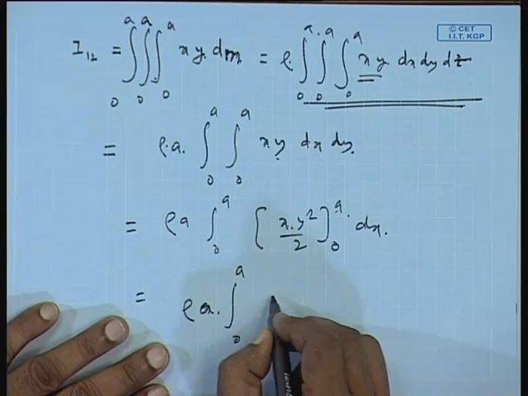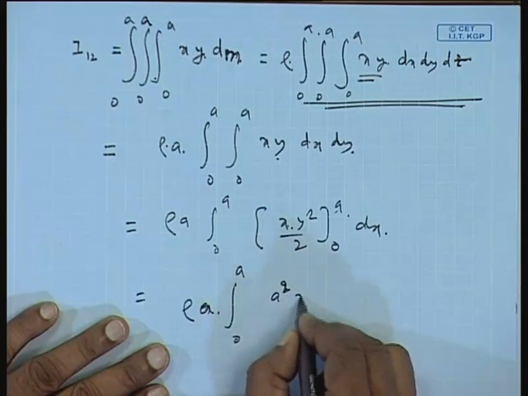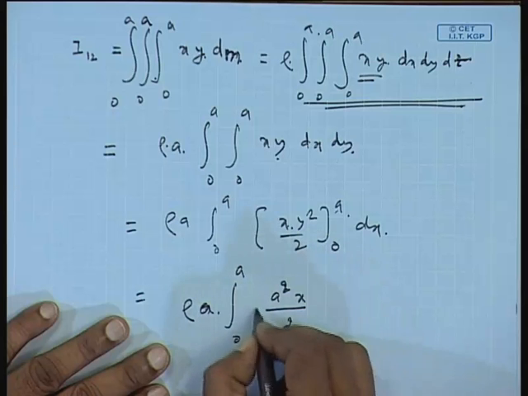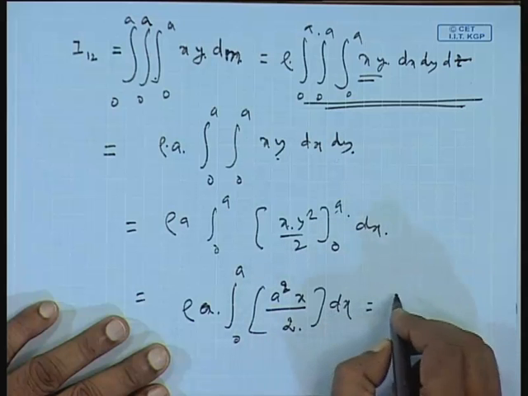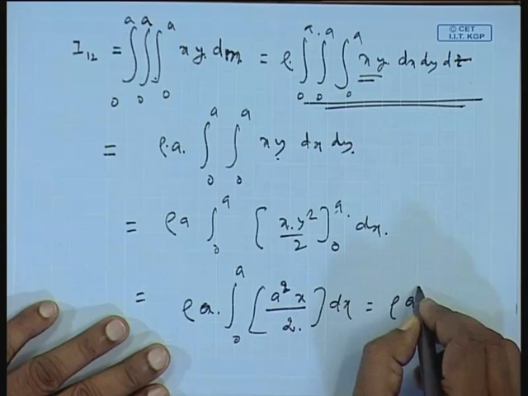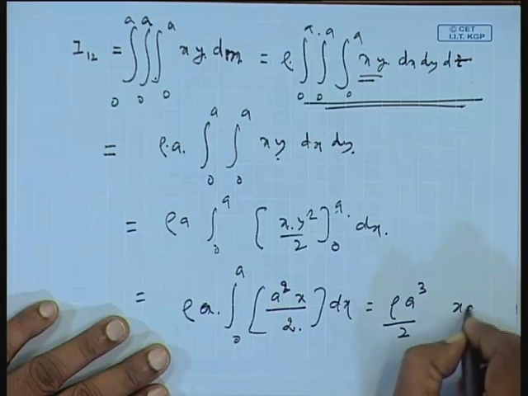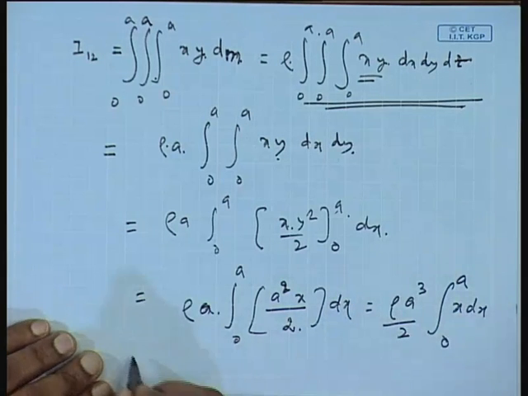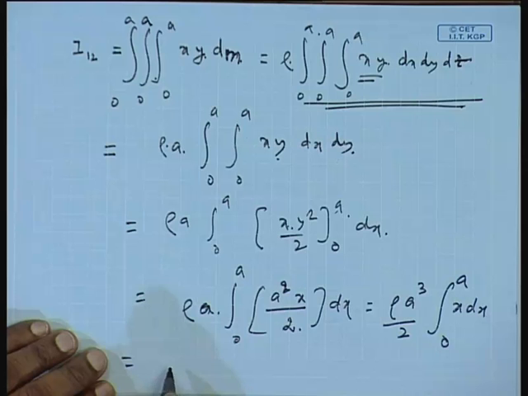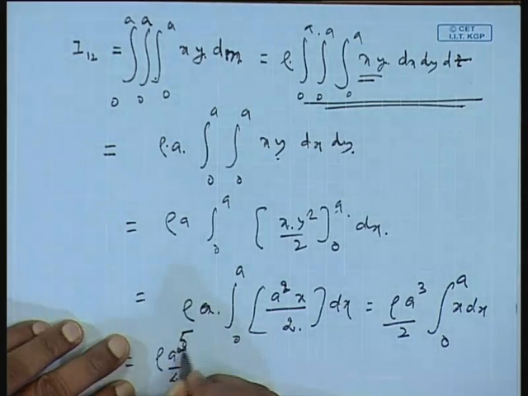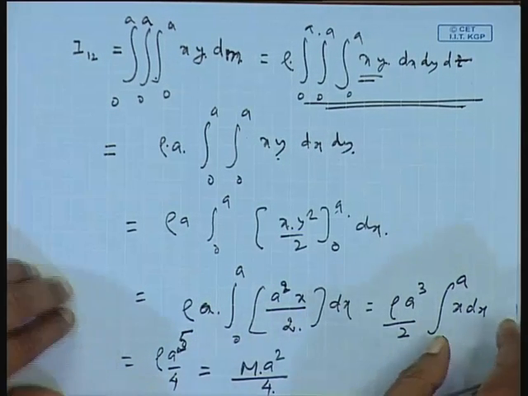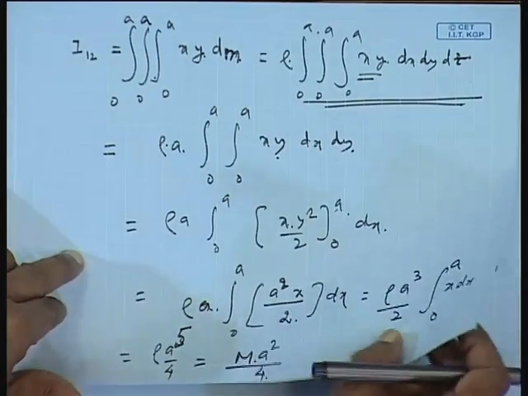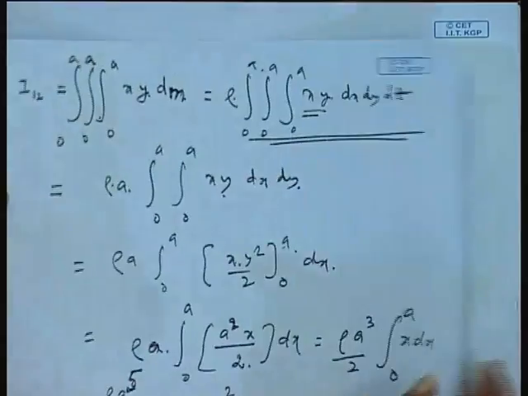So, putting these values, what we get here is a square x by 2, a square we can take outside. So, this is rho a cube divided by 2, x dx, and this is 0 to a. Ultimately this will also yield a square by 2. So, this becomes rho a cube by 4, a to the power 5 by. So, this becomes m a square divided by 4. This is what your I 12 is, and from the symmetry simply we can write immediately